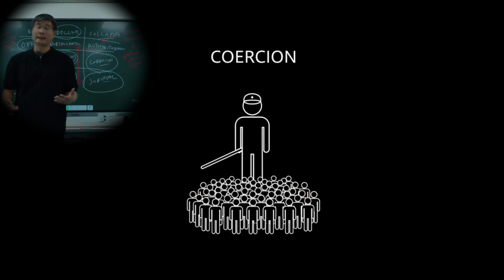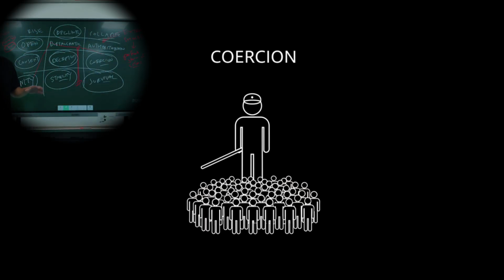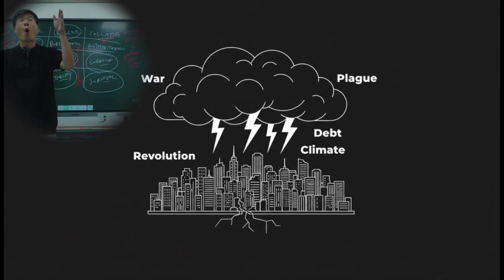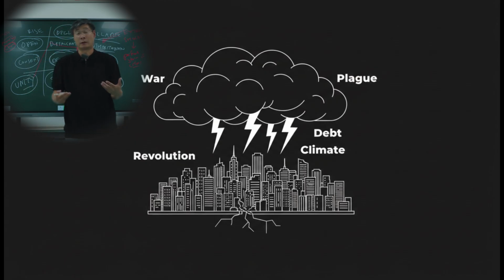So another way of saying this is, maybe society prepares for, okay, if there's a plague, we'll do this. If there's a climate crisis, we'll do this. If there's a drought, we'll do this. If there's a war, we'll do this, okay? But what society is not prepared for is these things happening all at once. The plague, the drought, war, revolution, they all happen at once. It's a perfect storm. And that's what leads to the collapse, because society is not prepared for this.